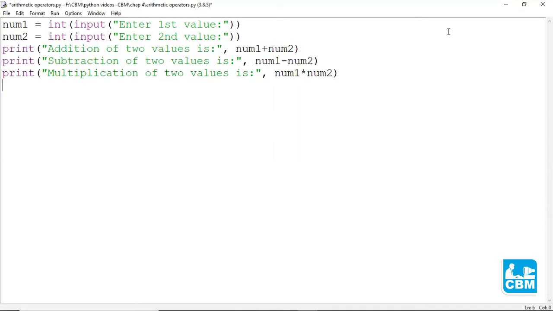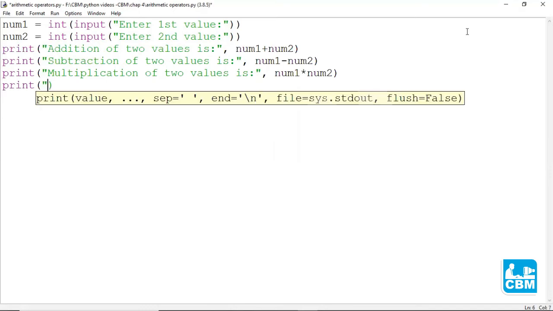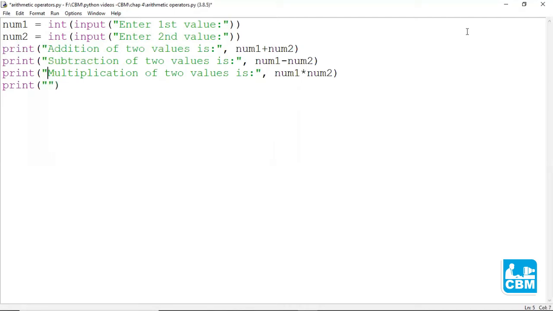Similarly, division can also be done. So let's try the division operator. Print division of two values is, comma, num1 minus num2.